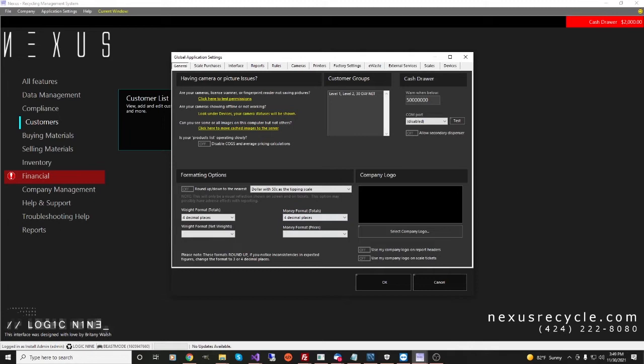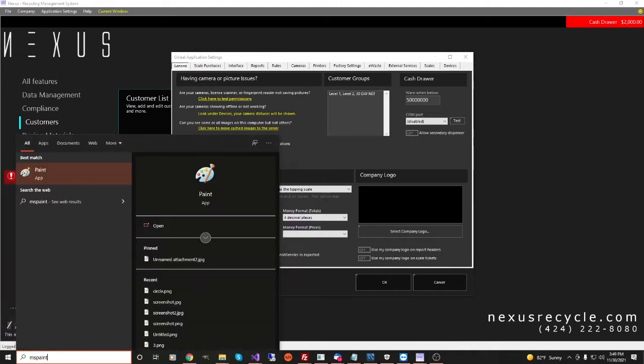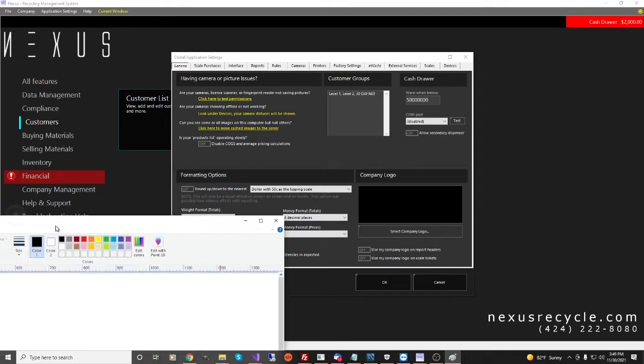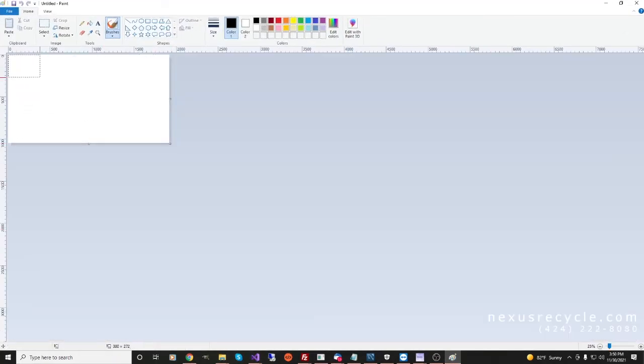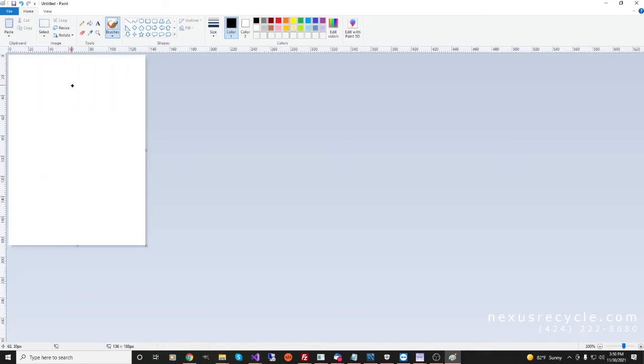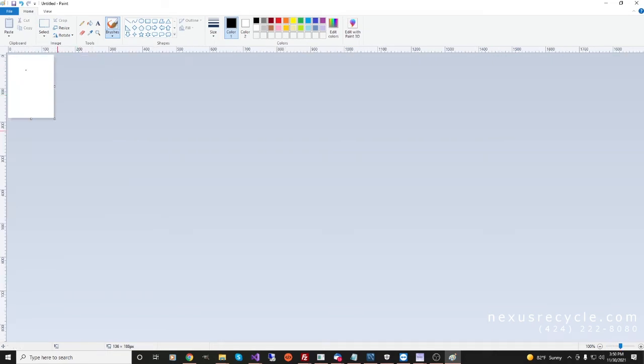Company logo. So if you want to have a company logo at the top of your receipts, you can do that. The only rule with this really is that it has to be a certain size. So let me open Paintbrush here. So if we do a little logo here, right? So this is 100% there. So if you've got your logo here,